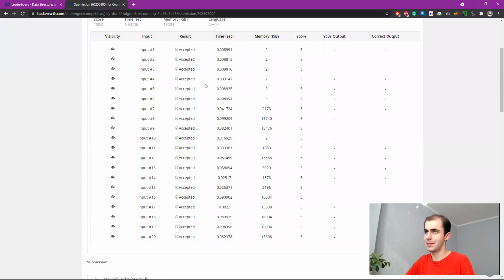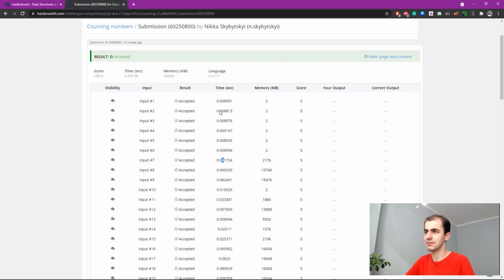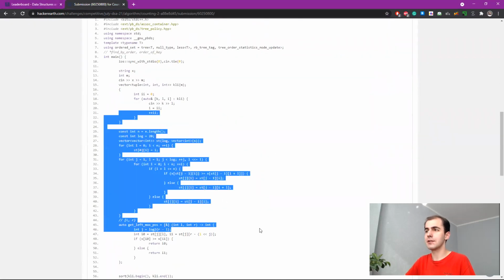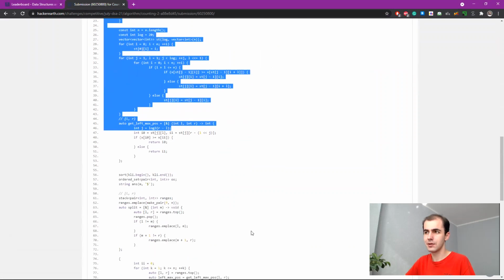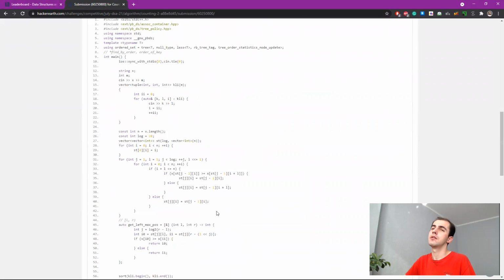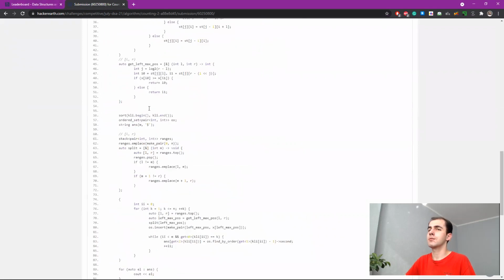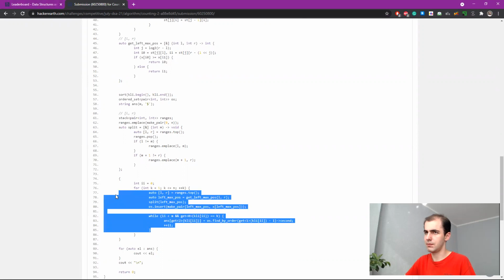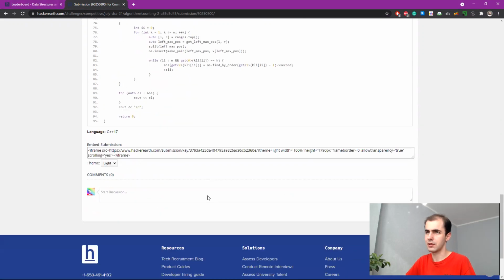My code takes less than 1% of the allotted time per test case, which probably means that I could have brute forced it. I think that you still have to make observations that you can sort queries and then process them like this, but this part can be simplified, I think.